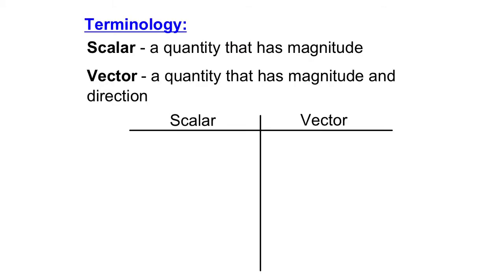Now in the warm-up I talked about the difference between speed and velocity. Well, these are actually examples of scalar and vector. A scalar is a quantity that has a magnitude. A vector is a quantity that has magnitude and direction. As an example, scalar would be the speed, vector equivalent would be velocity. In speed, the magnitude is the number, right? It's the 100 kilometers per hour. That's the magnitude. And then the direction would be, well, I'm traveling north, or I'm traveling north 30 degrees east,